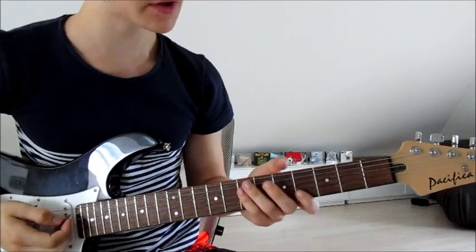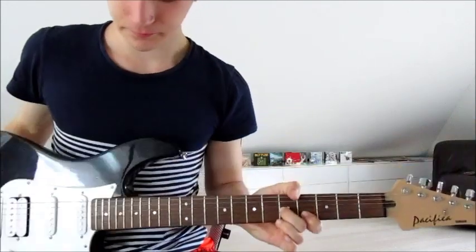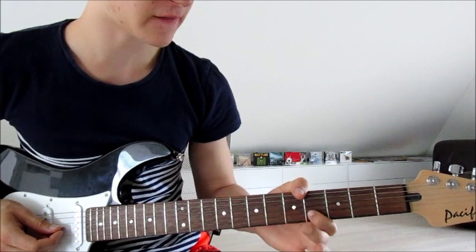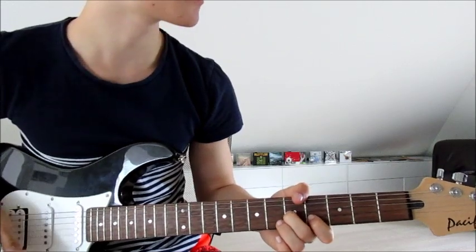And this is how it works. First we put our first finger on the 4th on the 2nd string, second finger on the 5th on the 3rd string. We pick those 2 strings, then we lift our 2nd finger off, pick them again, put them back on, back off. So